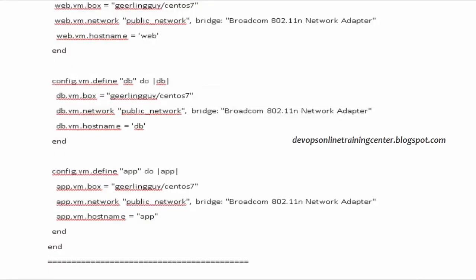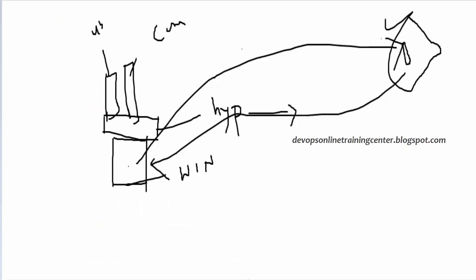Another important thing is the network, how to get the public network on the Vagrant machine. Let us say this is your Windows laptop, this is your hypervisor, and there is a VM. If you want to connect to the outside world and download something, we should have the public network.